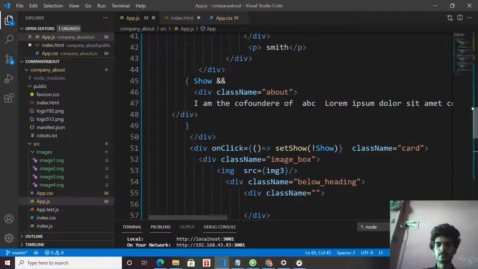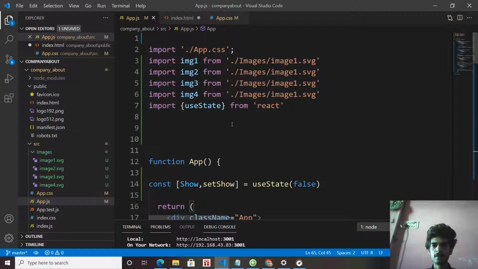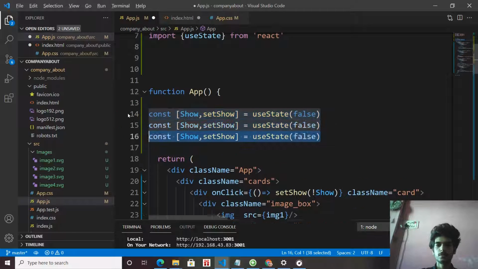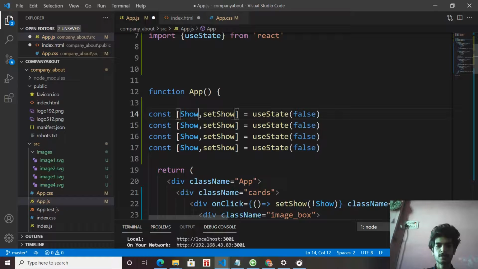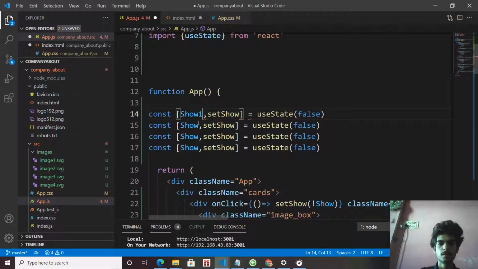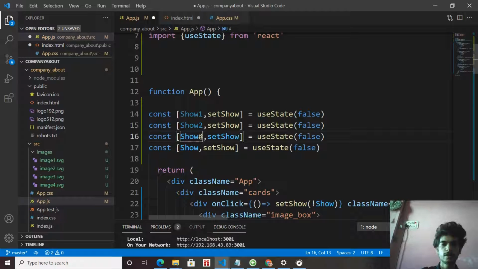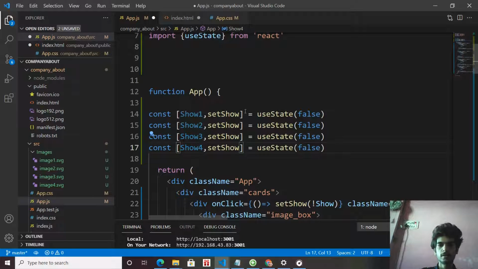what we can do is, instead of having one show, we are now creating 4 different variables that are going to open each different bio. Okay, so the first is the show1 variable that is going to open the first person's bio. The second is going to open the second person's bio. The third is going to open the third person's bio, and the same for 4, and change it.